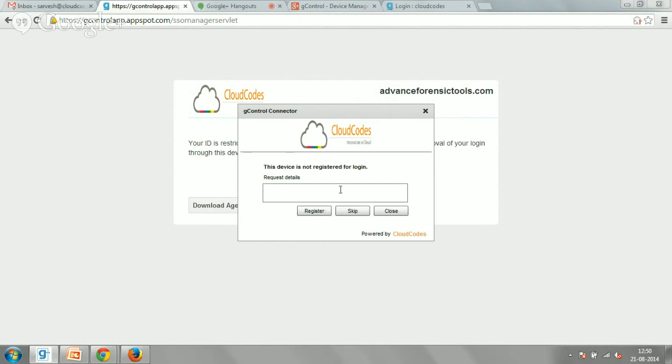As I said, the first time it asks for register or skip. So you can click on the register button.